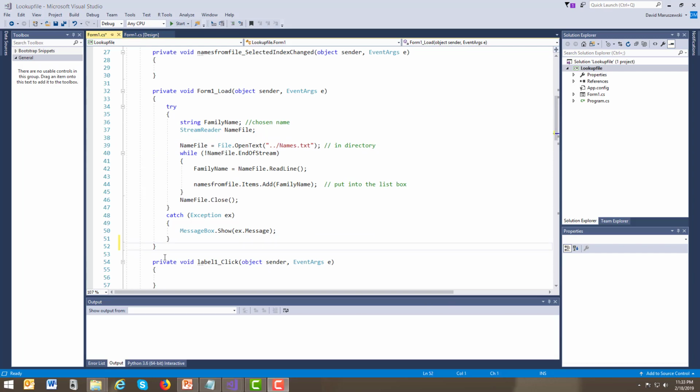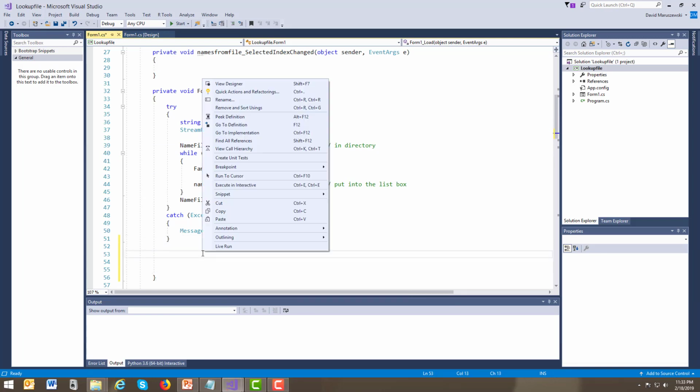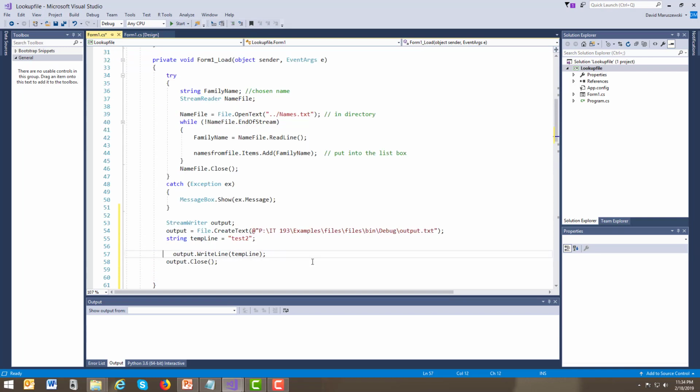So how would we write to a file? Well, it's pretty simple. Let's go ahead and mess this up, and I've already done it. Okay, I'm going to cheat here, and this is all that we have to do. So remember how we use StreamReader up here? Now we're going to use StreamWriter. It turns green or gray depending on your eyesight,